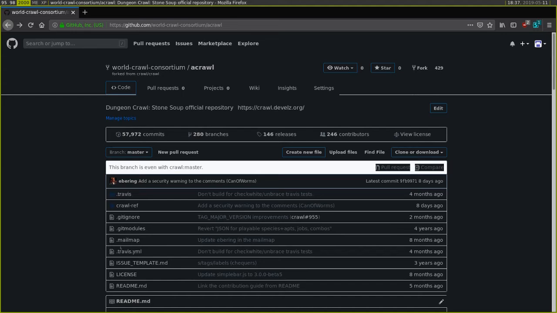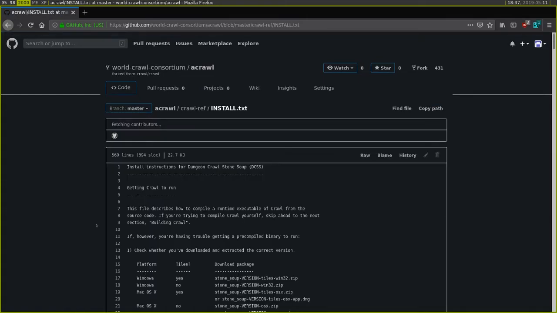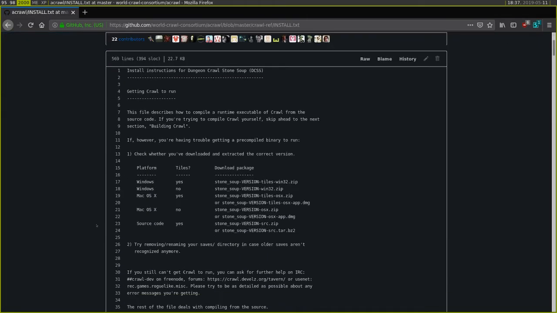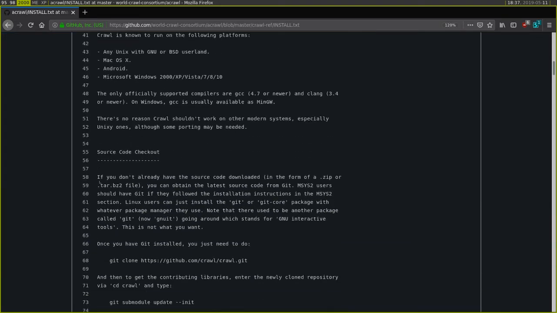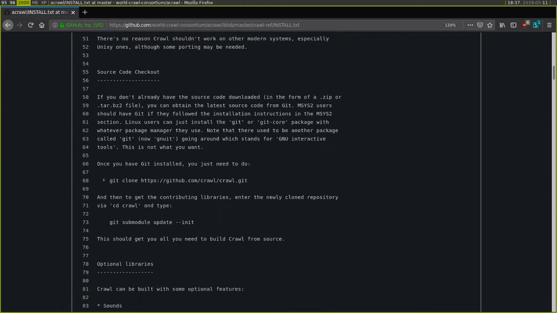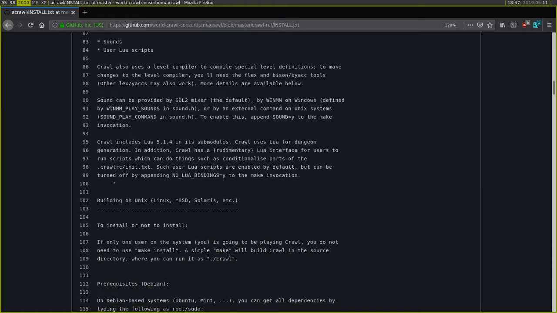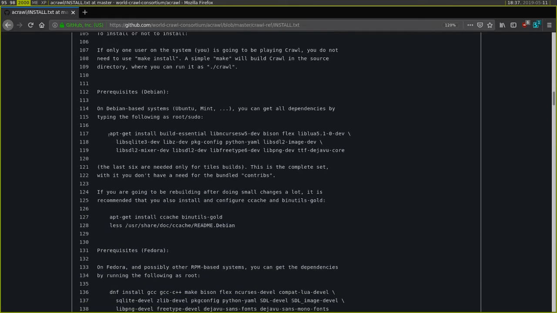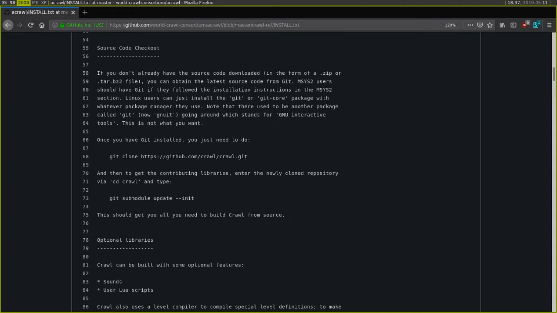Let's actually check it out ourselves here. So in crawlref install, it tells you how to build crawl. Most people don't know how to read this because most people aren't programmers, but this part's important. There's also all this stuff. So you need all this. I have this installed already because I've been making other videos where I've compiled crawl rather, but we need to